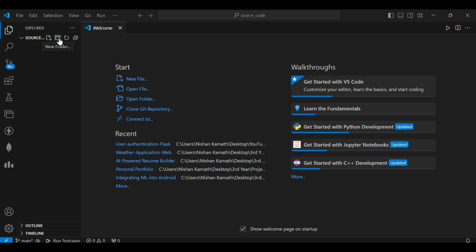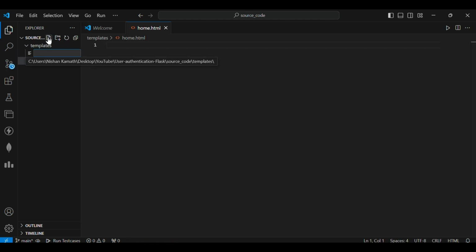For that click on new folder, give the name as templates. Inside templates create home.html, login.html and signup.html. After that create one more folder called static to store CSS files and images. Inside static create a styles.css file,